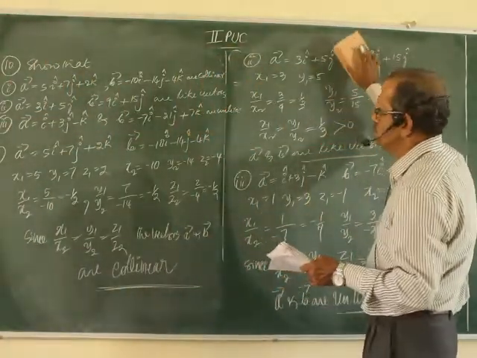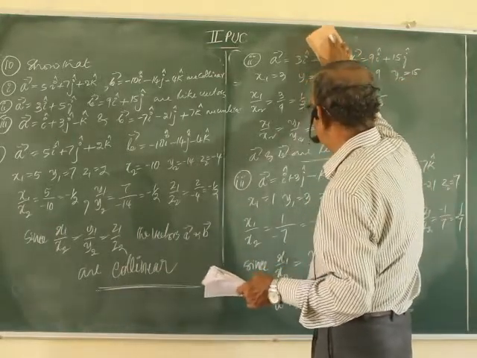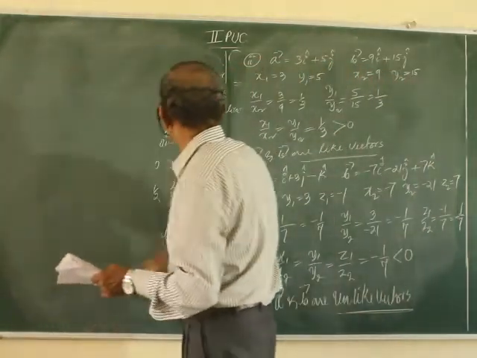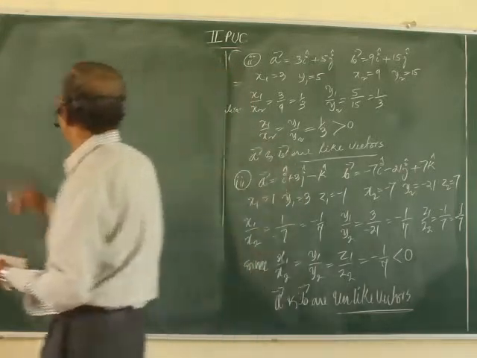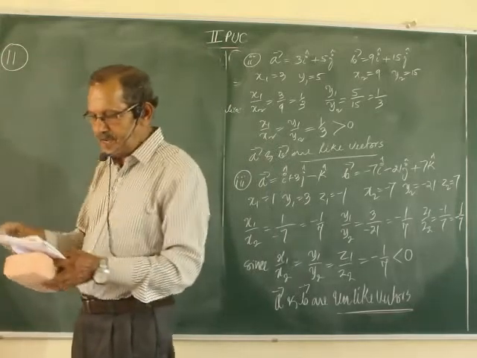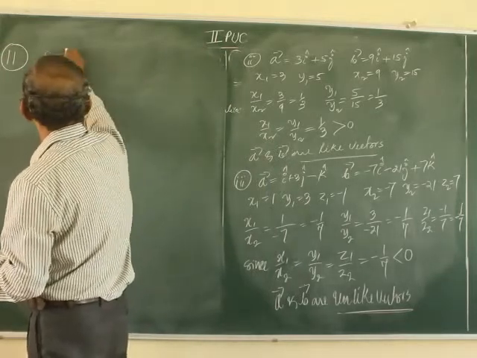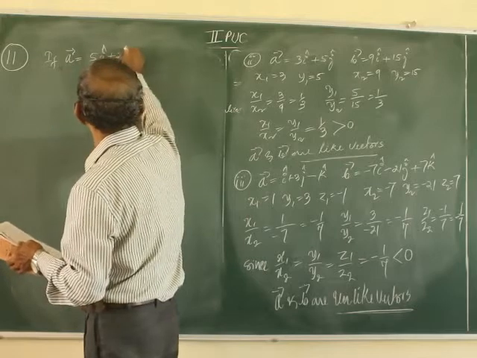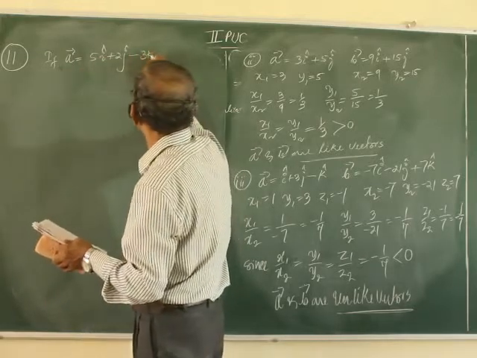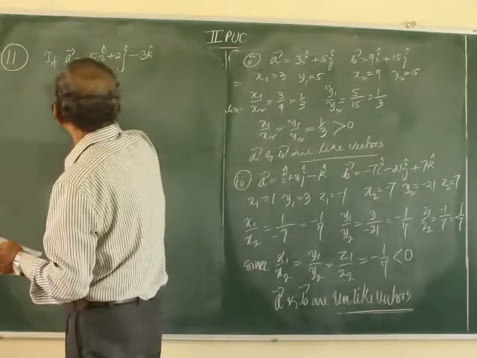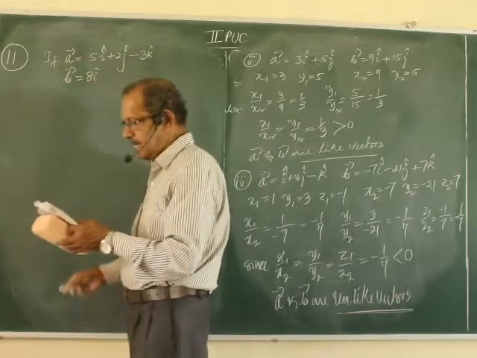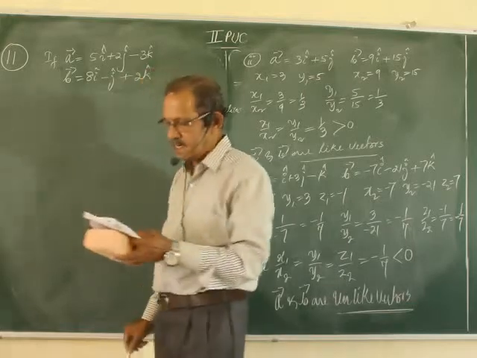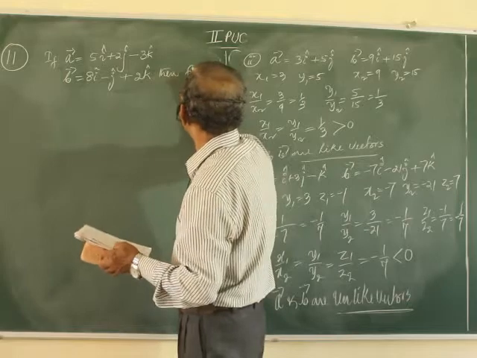Problem number 11. If a equal to 5i plus 2j minus 3k, b equal to 8i minus j plus 2k, two different vectors, then find